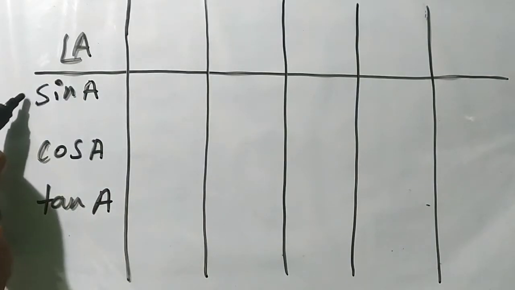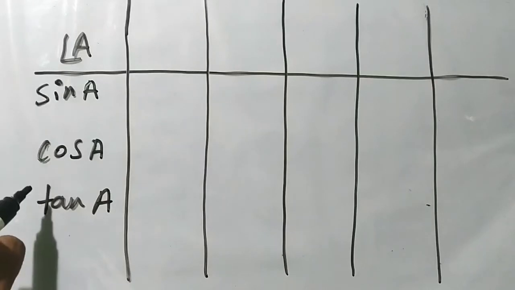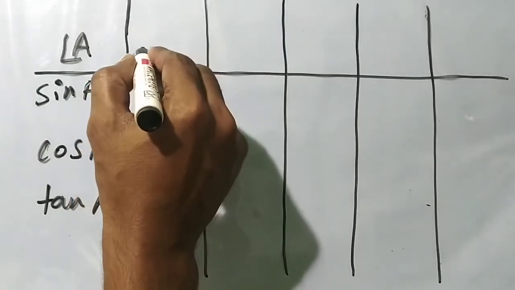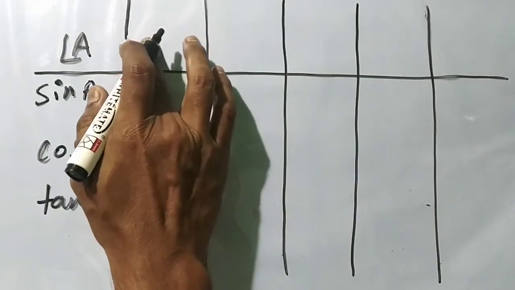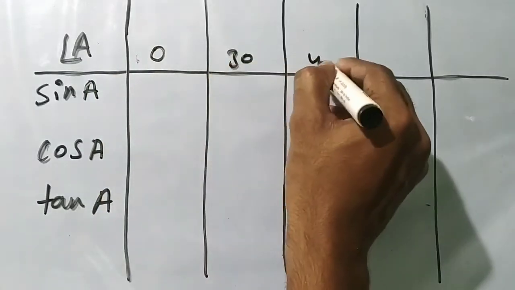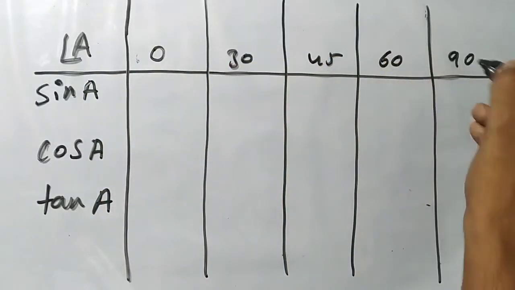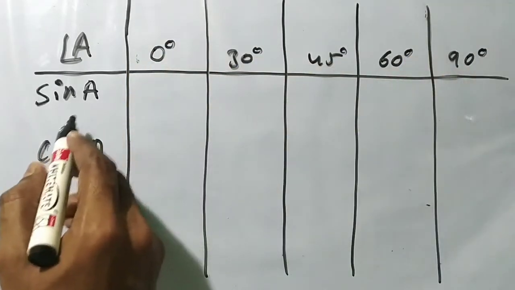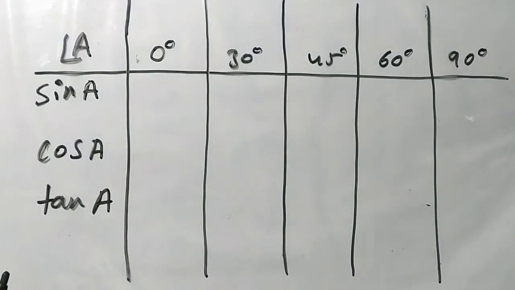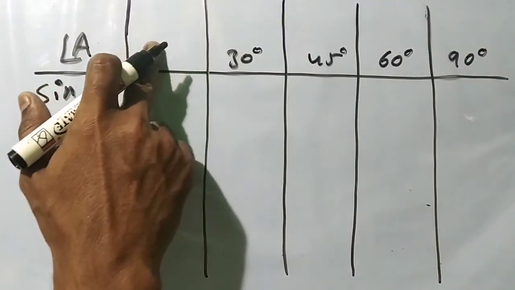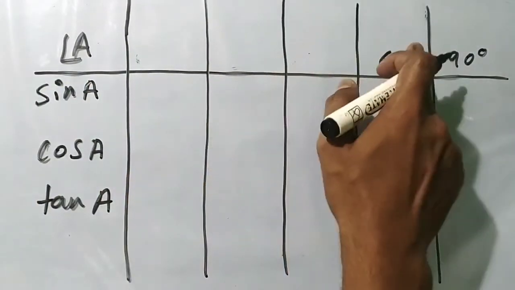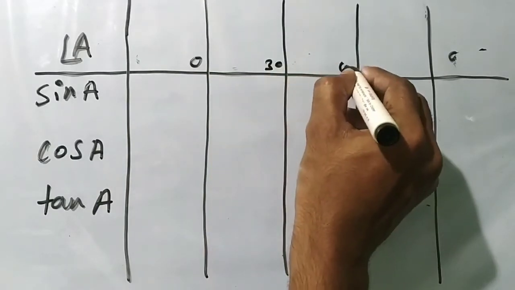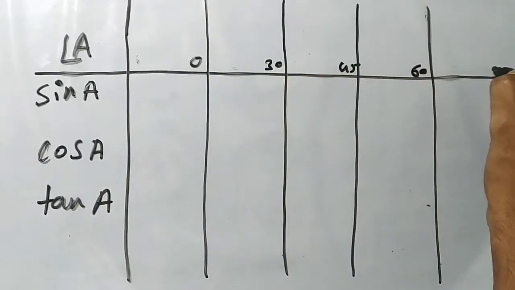So first of all, we need to know the values of the trigonometric ratios of some angles with respect to the sine, cos and tan. Here let's take theta, that is 0, that is 30, 45, that is 60 and 90. So we know these are the angles and they have the values with respect to trigonometric ratios. So in order to write easily, just erase this and write in a small way so that we can understand. Here this is 0, this is 30, this is 45, 60 and here 90.